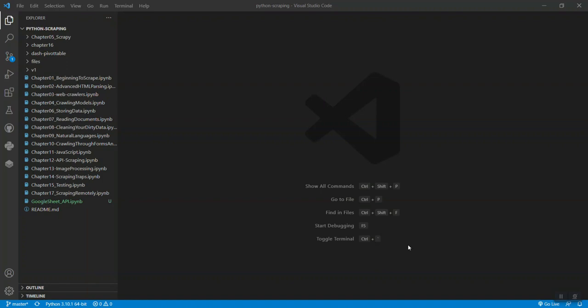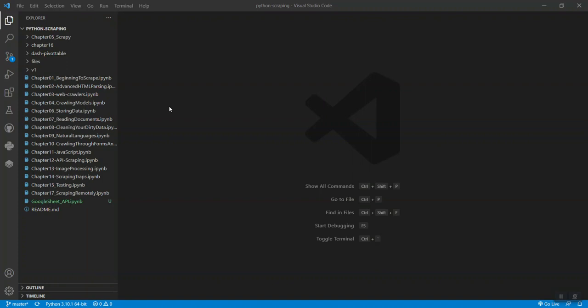In order to run Python, you need an IDE like Visual Studio Code that I have installed here. You can also use Anaconda or other Python interpreters, like Jupyter Notebooks, which I personally recommend because it makes it very easy to work with Python. I also have Jupyter Notebooks installed within my Visual Studio Code.